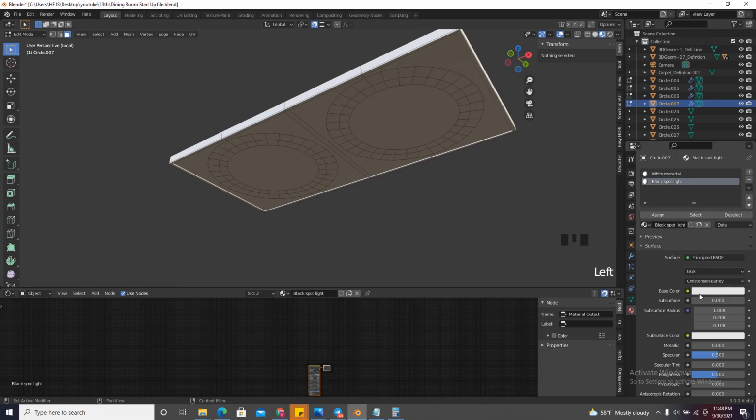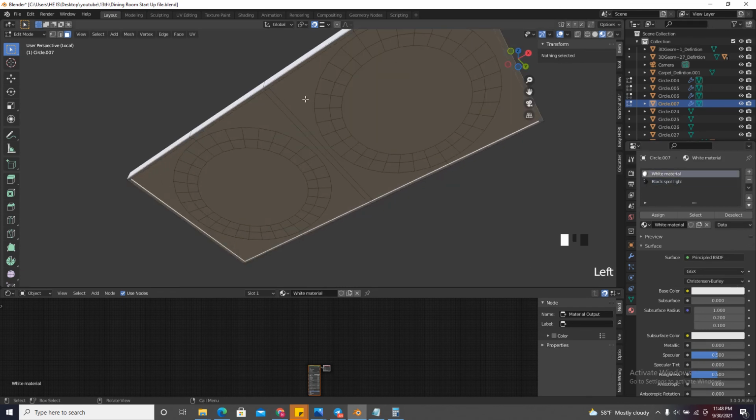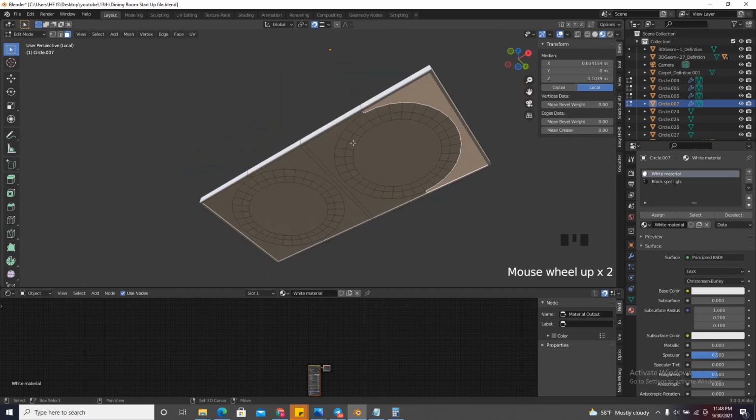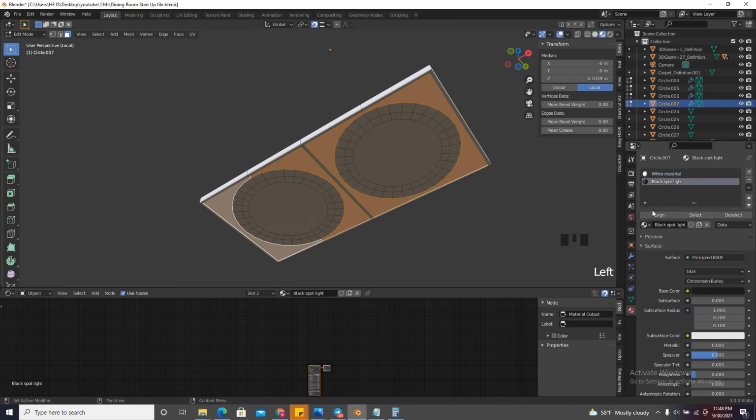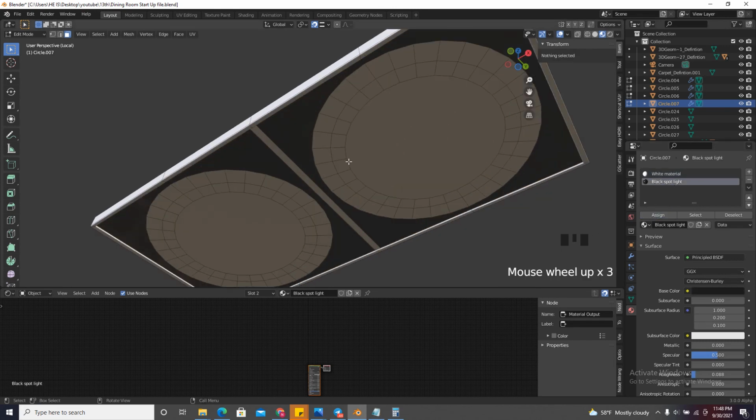So what I'm going to do is make this one black, and then I'm going to make it a lot reflective. So after this, what I'm going to do is select this one, hold shift and select this one also. This part is going to be black. I'm going to assign them. As you can see, they are going to be black, and then again